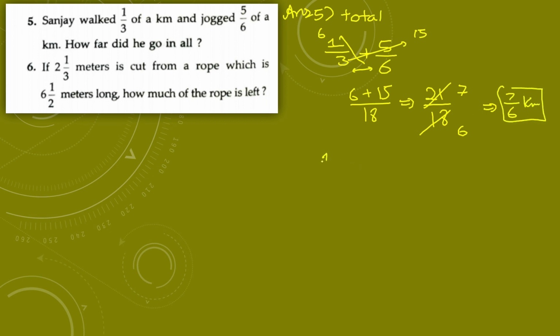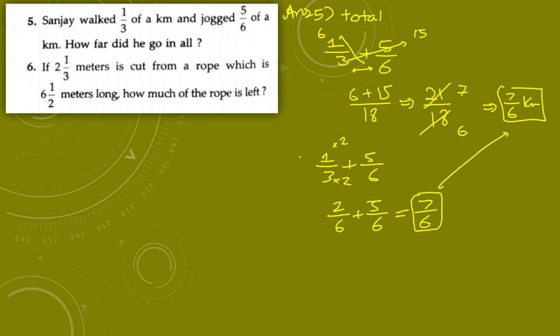And if you do the LCM method, that is LCM of 3 and 6, 6. If you multiply the first fraction by 2 upon 2, I get 2 upon 6 plus 5/6, which equals 7 upon 6. Same thing. Okay, my friends, so it is pretty common. Which method you use, answer would be the same. And now let's move to the next question here. That is the answer 6.